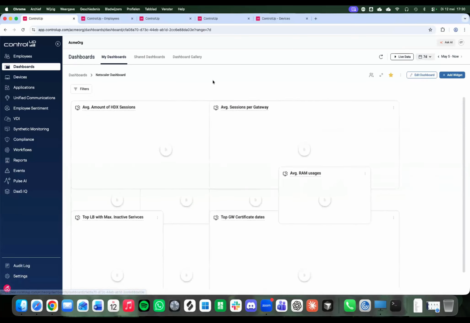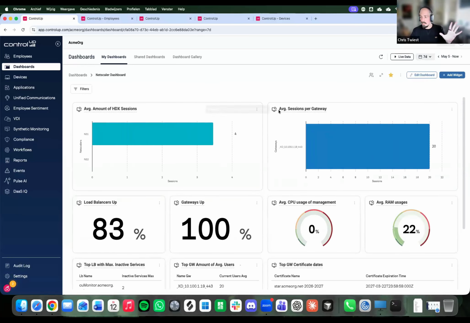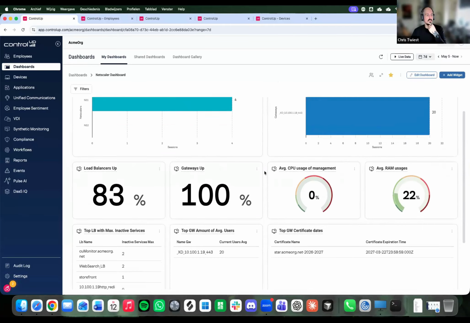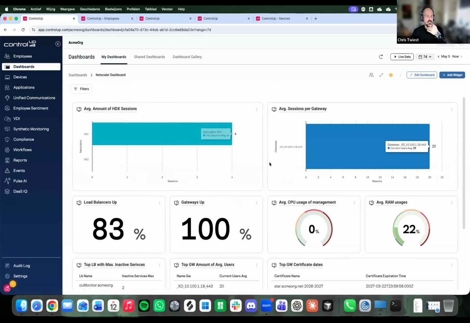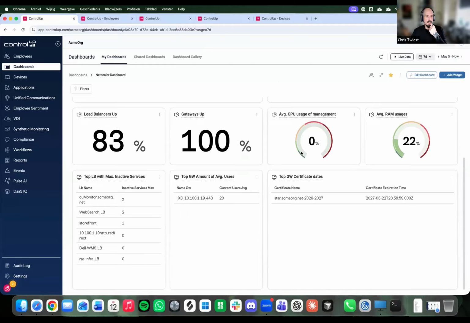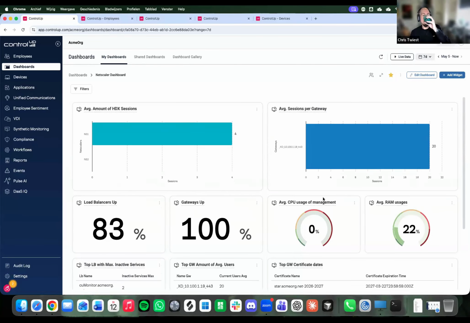Yeah. So what's coming Sunday? A full NetScaler dashboard from the VDI data. Super cool. It includes your uptime for your load balancer and your gateways, the amount of sessions on the NetScaler, CPU and RAM usage. And this is really big, certificate expiration dates. So I know that NetScalers and certificates are always a struggle. So we're trying to bring them together in this nice NetScaler dashboard.